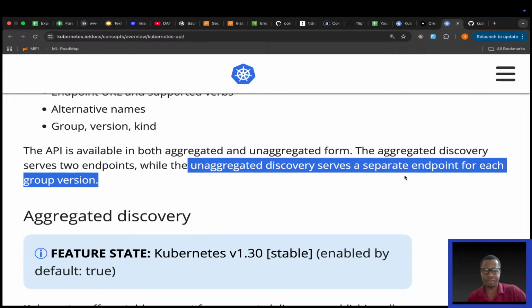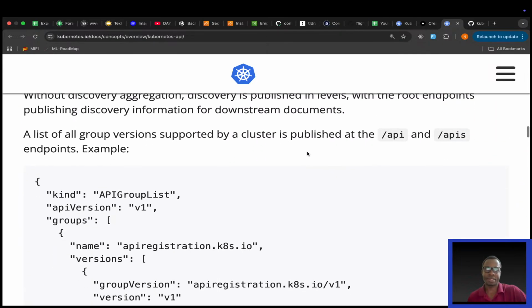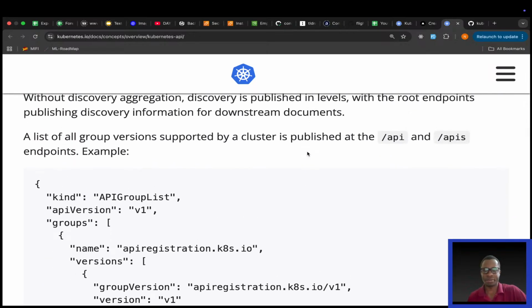If we have 10 group versions, unaggregated discovery serves 10 endpoints. But if it is aggregated, there'll only be 2 endpoints for those 10 group versions. That is how I've now perceived it. If I'm wrong, don't hesitate to let me know. Okay? So they're saying a list of all group versions supported by a cluster is published at the API and